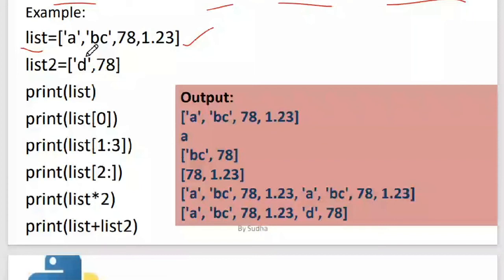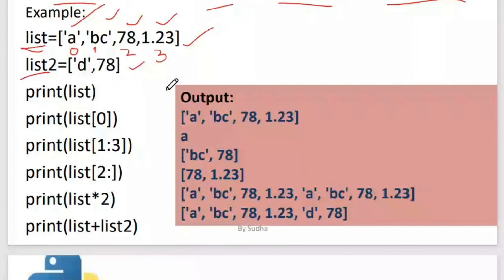The difference between the array and the list is that an array is a homogeneous collection of data, but as you can see here, you have a character, a string, an integer, and a floating value. So all kinds of data can be accommodated in a list. This is a list, and this is another list whose name is list2, which has 2 elements in it. The elements are numbered 0, 1, 2, and 3 like that. So they have index numbers as well. I'm just printing the list.